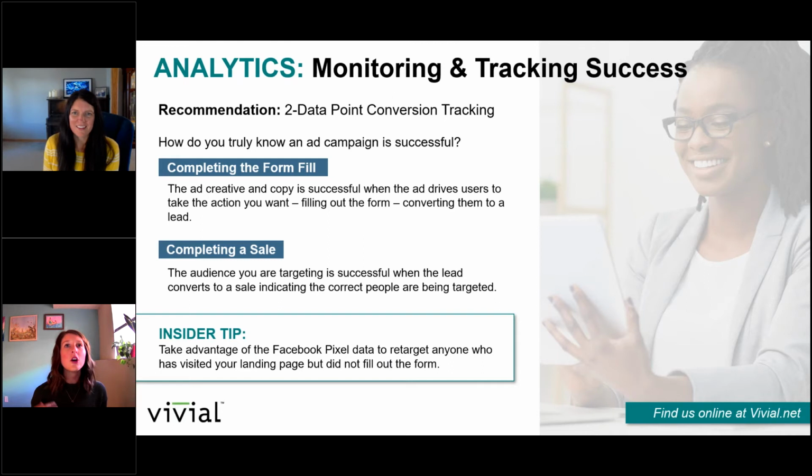Cater the copy to them, knowing that they've been to your website, they know who you are, they've done their research. So if you're willing to even offer a little bit additional on your sale or offer, that's a great ad set to target with that. It's a really great tool to capture everybody and funnel them down.